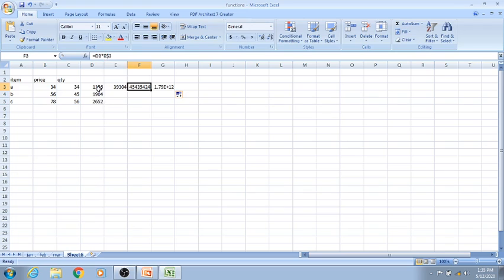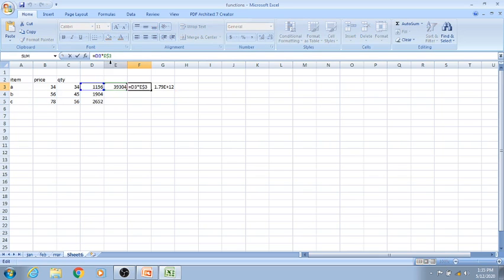Okay, now come here. It is B3 into C3. Here it is showing B4 into C3. Why? Because 3 is fixed, it will not change. And B5 into C3. So this is the same column. You can see that this row number is not changing. And this way if you see, the column is changing, but still the row is not changing. Why? Because the row has been fixed.